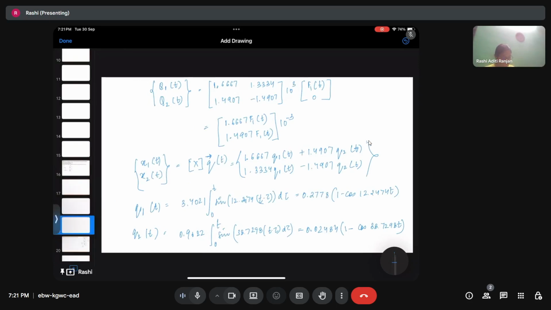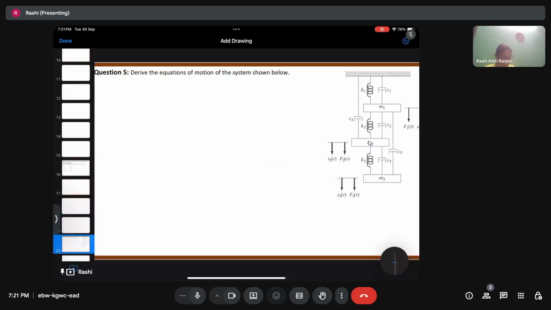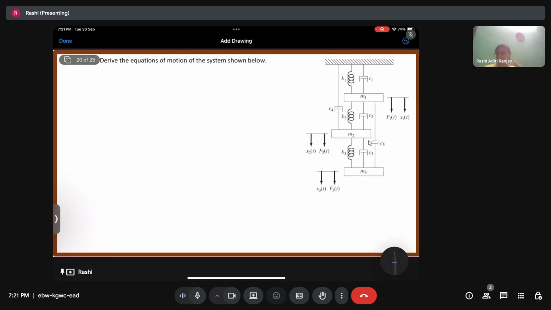Okay, this is the final answer. So coming on to question number 5, wherein we have to derive the equation of motion of this system. Now we have already done various problems of finding the equations of motion, but I thought of considering this one to let you practice a question with a 3 degree of freedom system, where we are supposed to find the